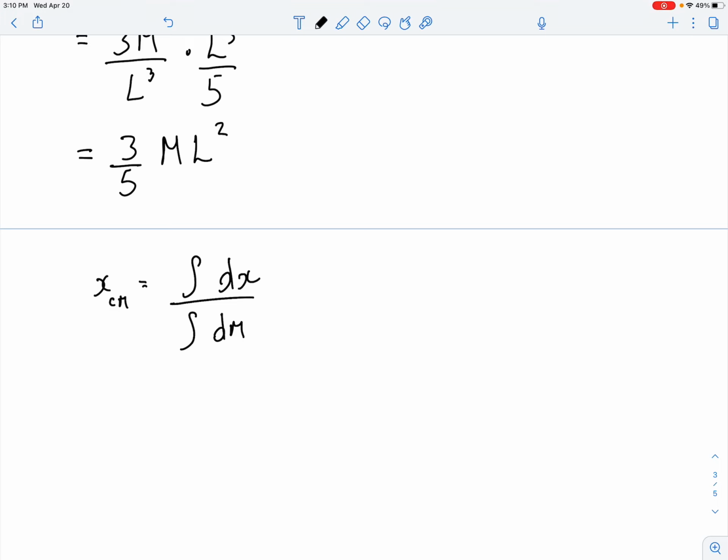So what happens is that the dm becomes the integral. Is it x dm? Is it x dx? I can't remember. Oh Lord. I know that this becomes m and this becomes